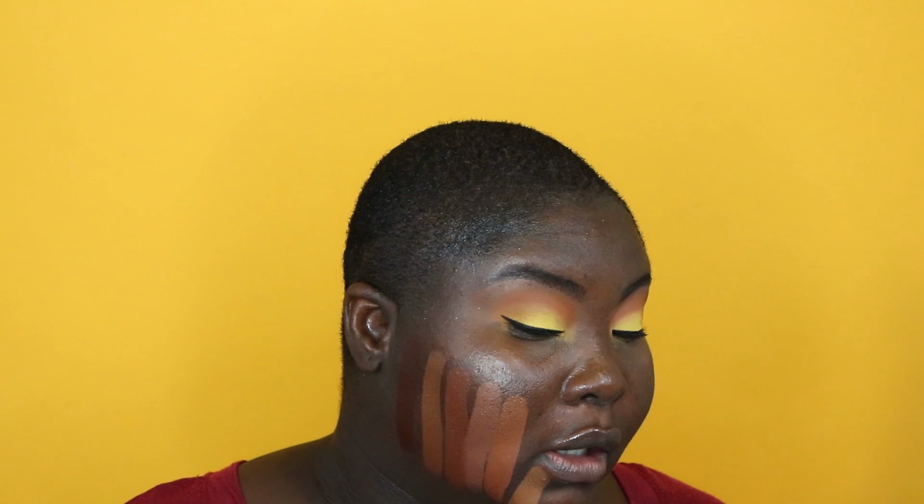Oh, side note, my eyes is the Nomad palette. But I think I'm gonna go with this. And I'm either going to use this or this for my highlighting. Because this is obviously way too light and too yellow. This is too cool. That's why it looks pink. This looks... That's what we're gonna go with, Katsina. So...